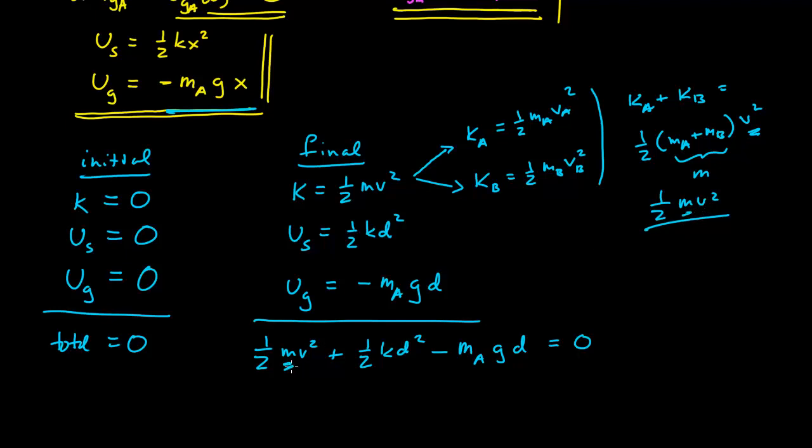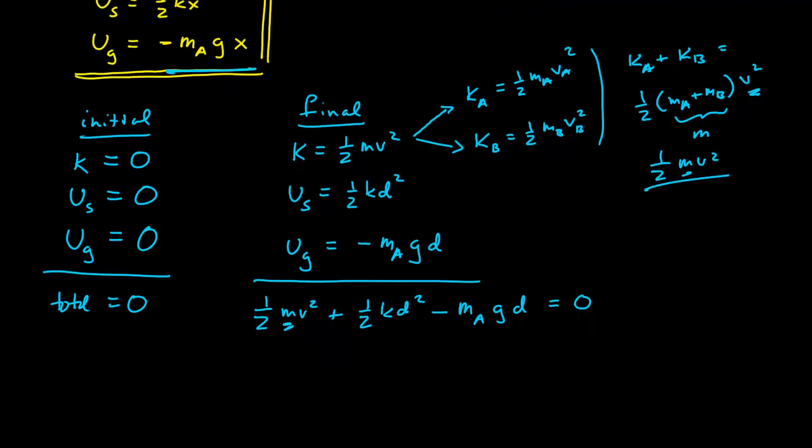And so that's what I had done here. And so now I can substitute in for my values. The sum of the two masses is 15, so 7.5 v squared